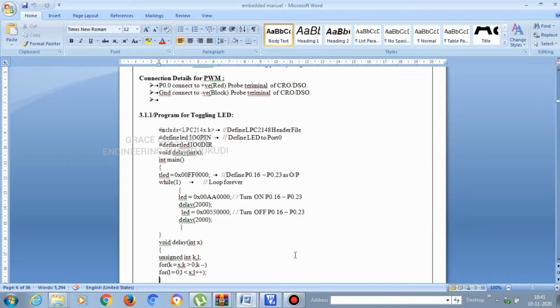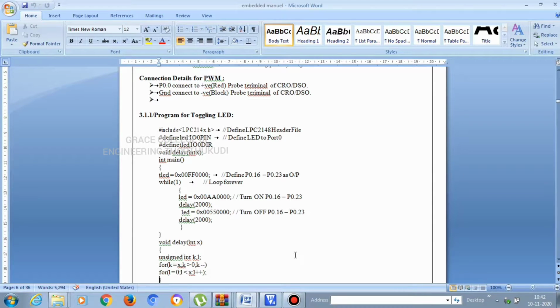Similarly, after some delay, the LED will blink in such a manner as 0x0055. Therefore the LEDs will blink in the manner 01010101. So the first LED will be off, the second LED will be on, the third LED will be off, and the fourth LED will be on.